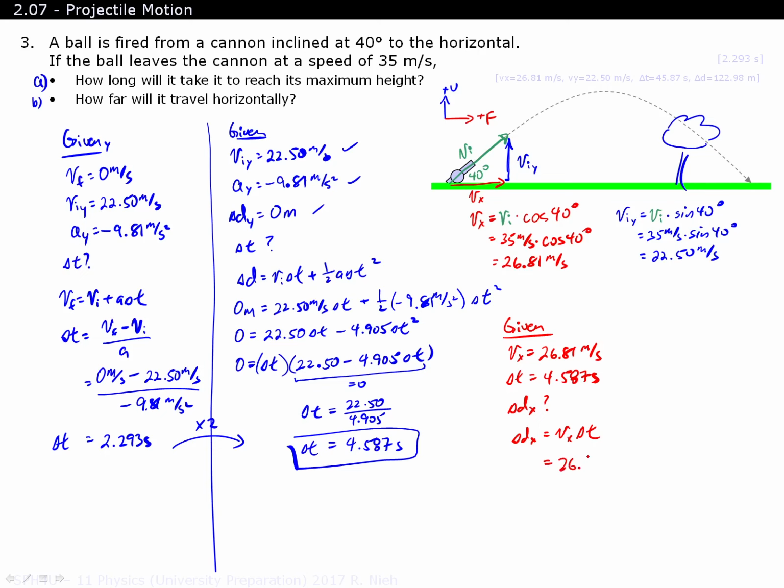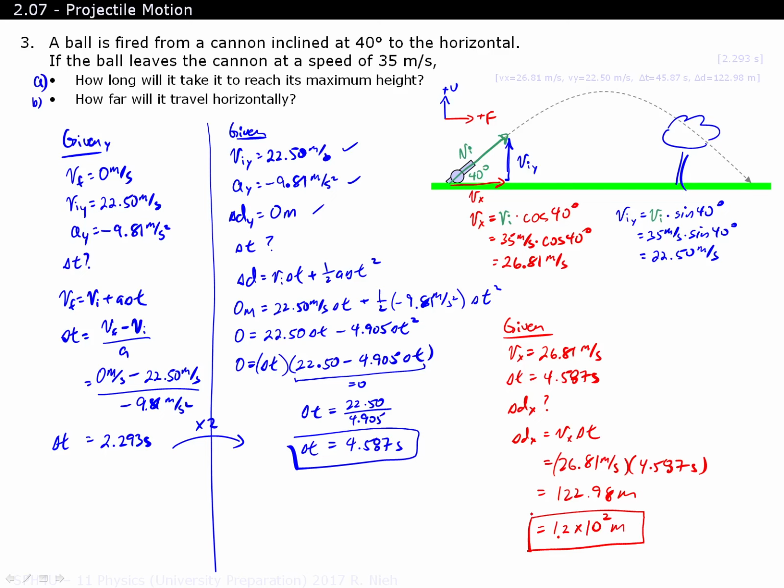So a constant velocity of 26.81 meters per second multiplied by a time of 4.587 seconds will give you a horizontal range of initially 122.98 meters. And just approximating with our givens here, since our givens are 2 sig fig, our final answer is probably going to be 2 sig fig as well. Some textbooks will just leave it as 120 meters, but just to keep it consistent, we'll just write in scientific notation. So 1.2 times 10 to the 2 meters, and universally everyone will know that this is an answer that's